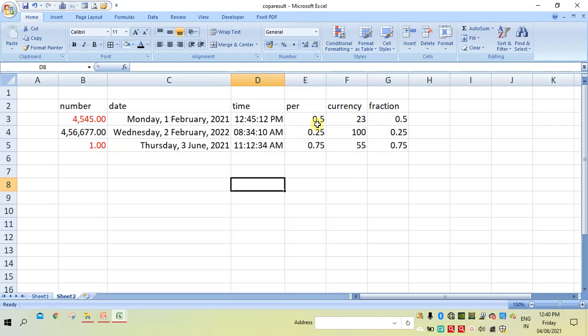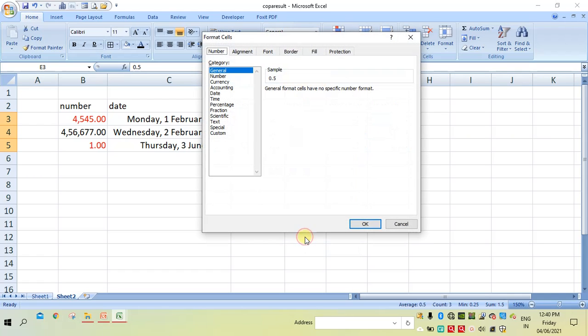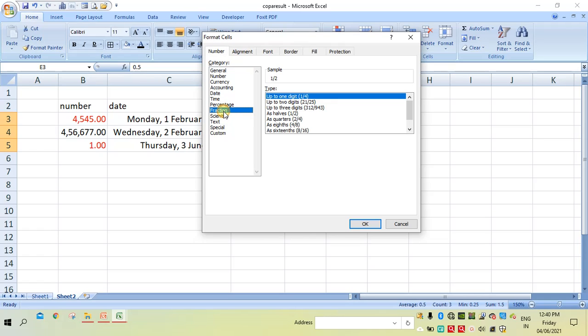Suppose here the numbers are in fraction form. Suppose this is 0.5, in the sense 1 by 2. This is 0.25, meaning 1 by 4. If you want them in that format, select this, then go to General, click on more number formats, and then select Fractions. Here you again have different formats.